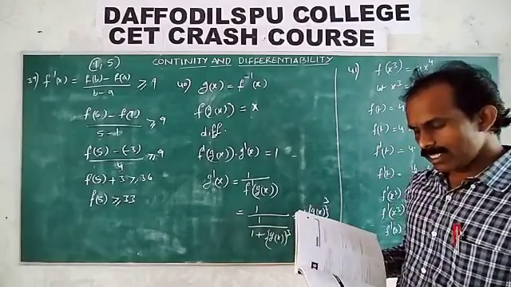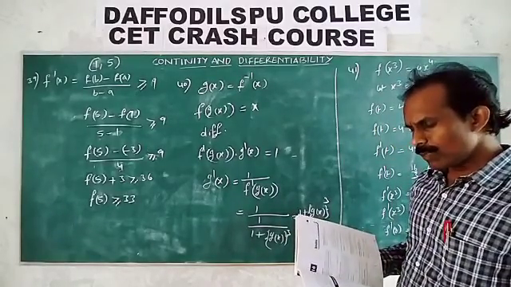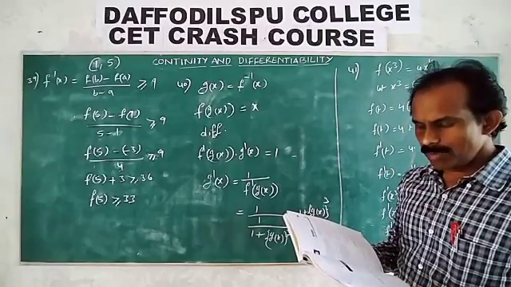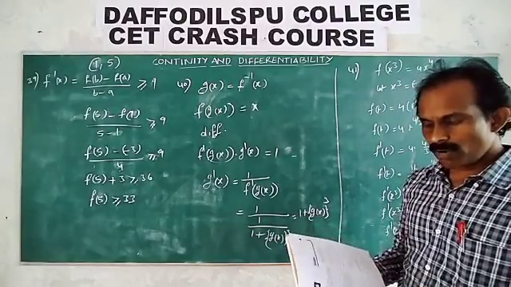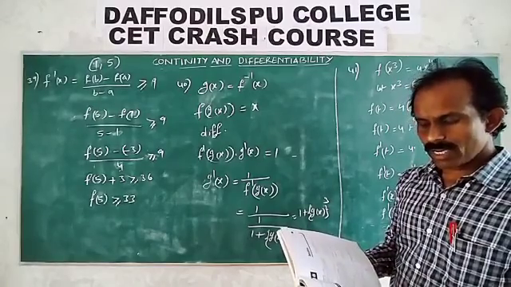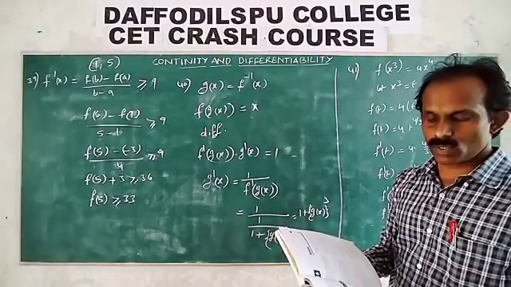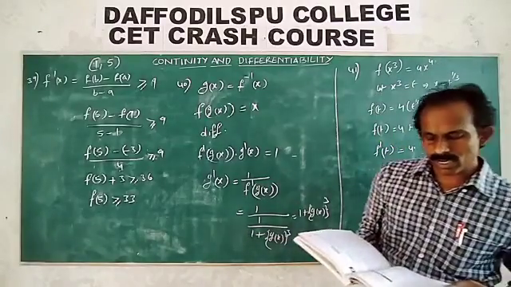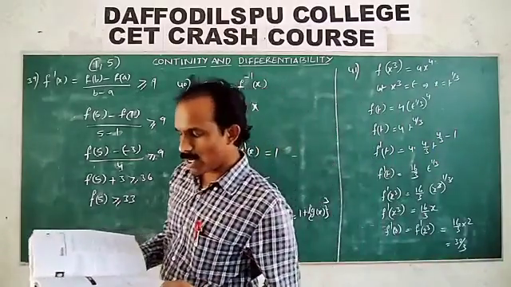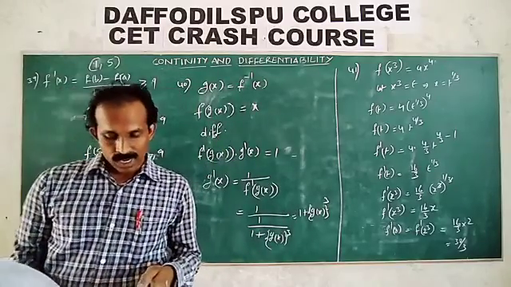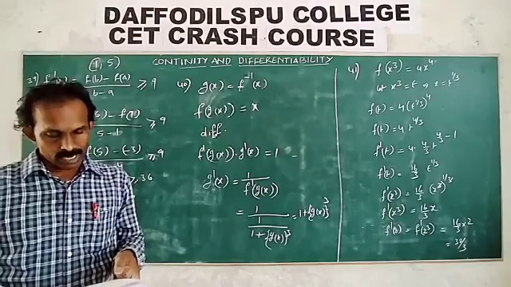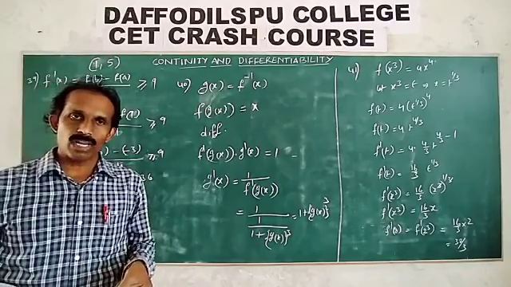42, we will try this problem. Either use L'Hospital rule, otherwise take x common. In the numerator, x times 2 minus sin inverse x by x, limit x tends to 0, f of 0 given already. Here the denominator also, take x common, x cancels, 2 plus tan inverse x by x, limit x tends to 0. Sin inverse x by x value is 1, tan inverse x by x value is also 1. Do that problem.